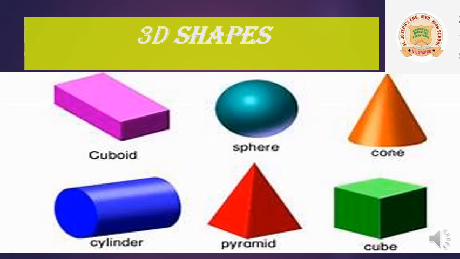A cone has one flat surface and one curved surface. The flat surface is the upside of the cone. You have eaten cone ice cream. Okay, how do you hold that cone? Right. So the part which you hold is called the curved surface, and the ice cream part, the upside part, is called the flat surface. Cylinder, pyramid and cube. The cube you play with is an example of a cube, okay, and your eraser, chocolates, okay, these are all called 3D shapes.